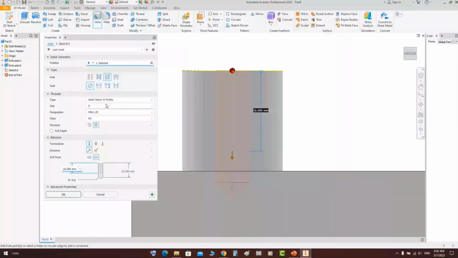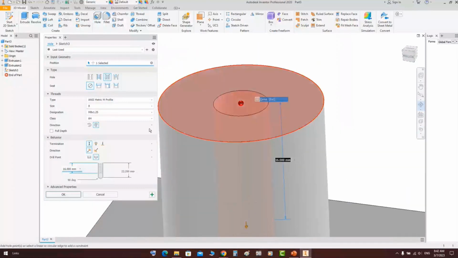That's the standard, and you can define the direction of this hole, define the size, designation, and class, and you can make it with right direction thread or left direction thread, and you can make it with a full depth, so the thread will be with a full depth. Now, if you remove this checkbox, which is full depth, you will get the ability to define the depth of the thread here